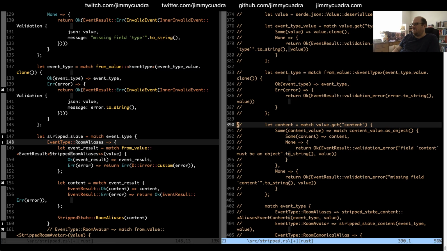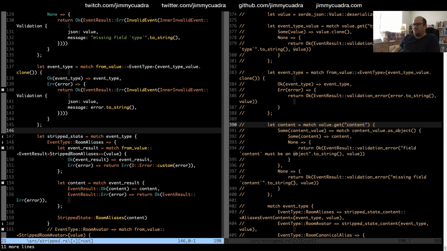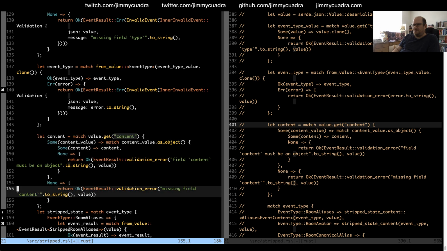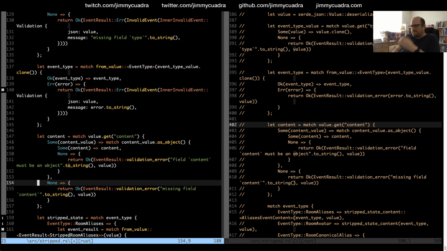Okay, so after the event type, before we match on the event type, we need to extract the content value. And so this is just going to be a Serialization object.